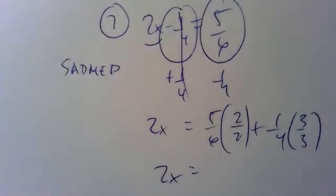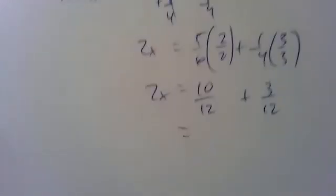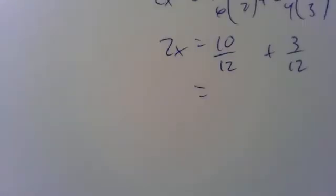When you multiply fractions, it goes straight across. 5 times 2 is 10. 6 times 2 is 12. On this side, 1 times 3 is 3. 4 times 3 is 12. Now you can add your fractions. 10/12 plus, let me move this up. All right, there we go. 10/12 plus 3/12 gives you